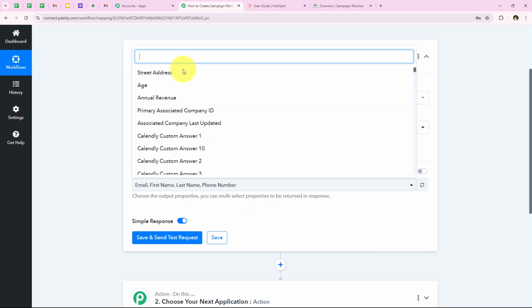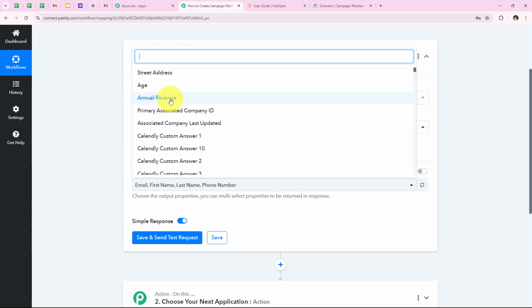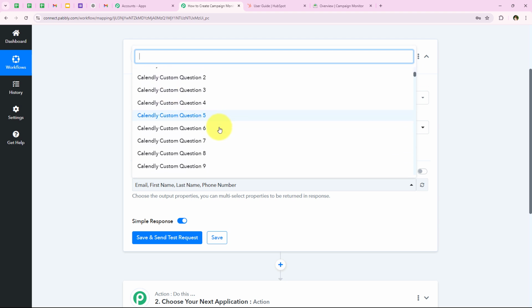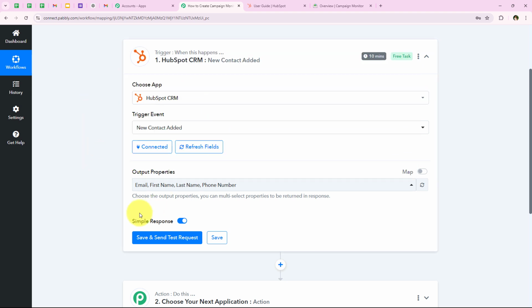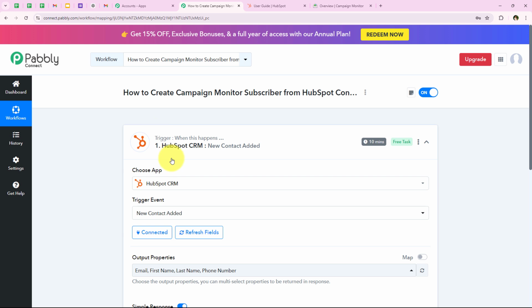Over here, if you wish, you can definitely add more details like annual revenue, age, street address. If you wish, you can add city, country, and many other details. You just have to select it right from here in your output properties. And as soon as we select all of this, we have to click on save and send test request. But before clicking on save and send test request, I'll just let you know that HubSpot CRM is a